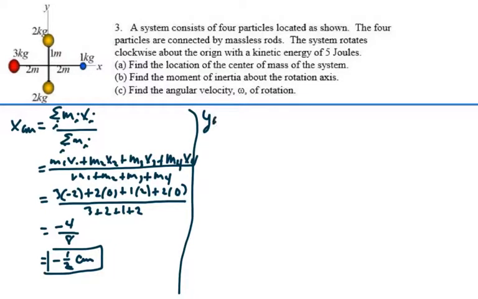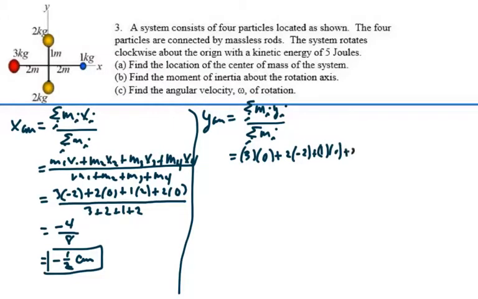If we do the y location of the center of mass, we do the same sort of thing. Summation of every mass multiplied by its y position over the total mass of the system. In this case, that's going to be mass 1, which is 3 kilograms times a y position of 0, plus mass 2, which is 2 kilograms, y position of a negative 2, plus 1 kilogram times 0, plus 2 kilograms times 2, all over 3 plus 2 plus 1 plus 2, which is going to be 0